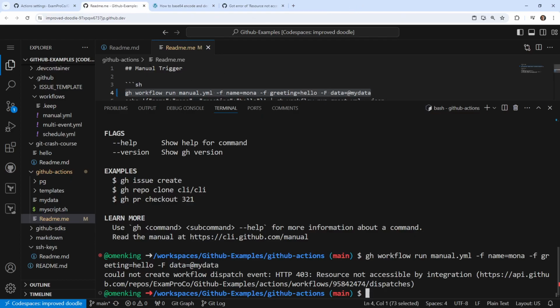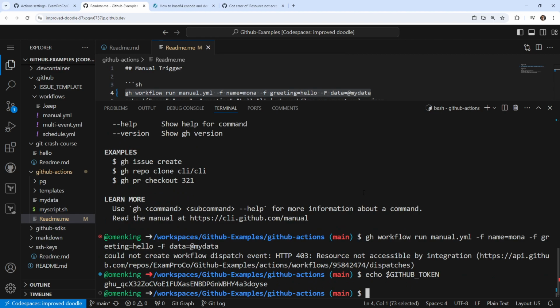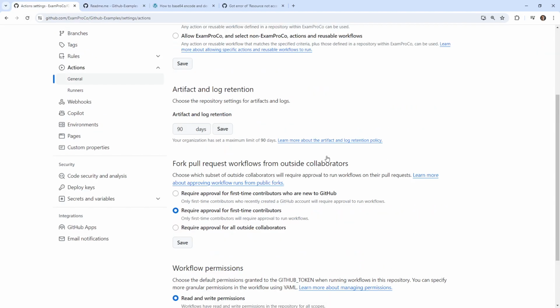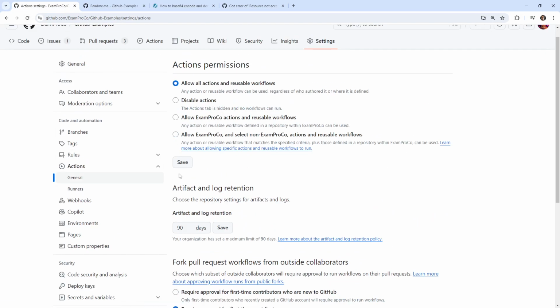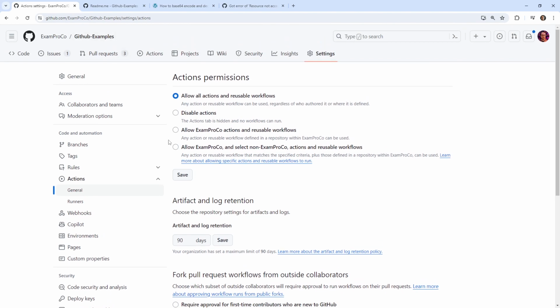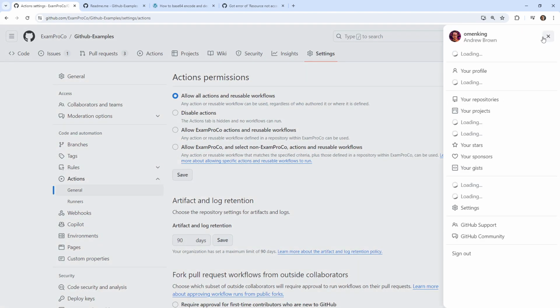So if it is a forbidden one, then likely that issue is the GitHub token. So I want to see if there is a GitHub token here. So I'm just going to type in $GITHUB_TOKEN. I'm not worried if you see it because it doesn't really matter. It's going to get replaced every time. I think they are short-lived. And so what we'll do is we will need to go into our account